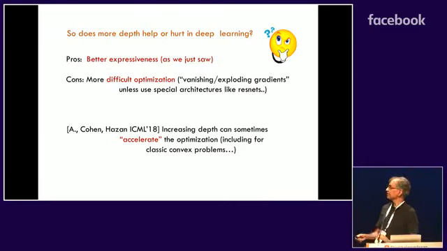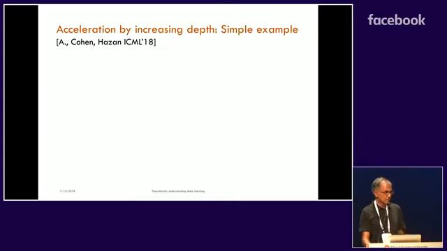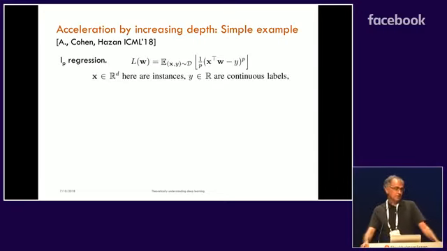And the other thing to note is that you can have this effect even for classic convex problems. So let me give you the example for a classic convex problem. Lp regression. Regression, the simplest learning problem. So you're given data x's. So x is data, y is a label, and you're trying to find a vector w so that x transpose w, the inner product, is approximating y, and you're measuring it according to the pth norm.